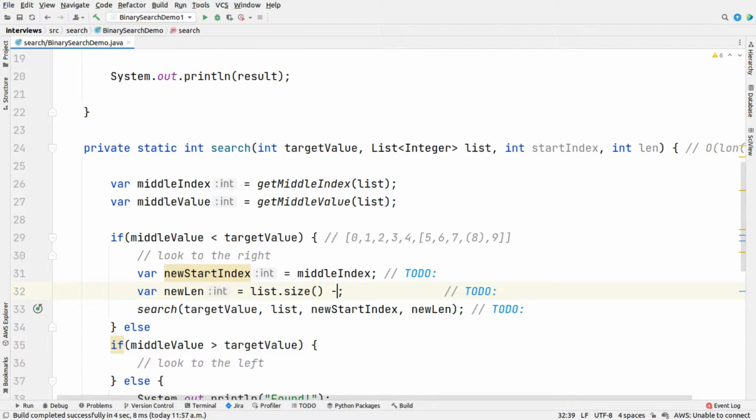And if we just do this minus this index, middle index, will give us 5, right? Yeah, so 10 will give us 5. The next step, if we go on next step,